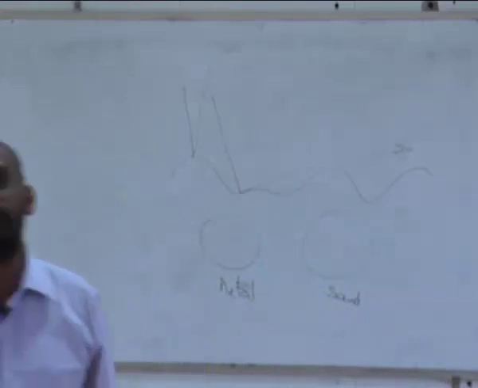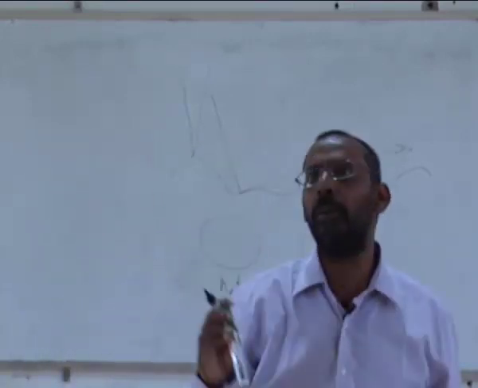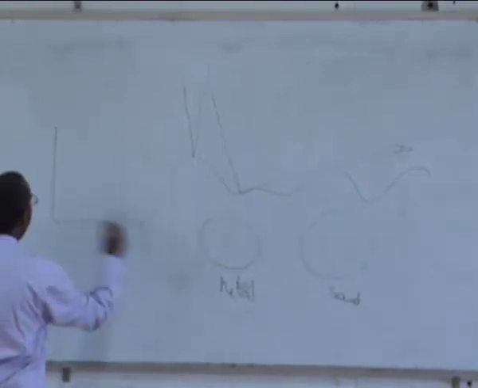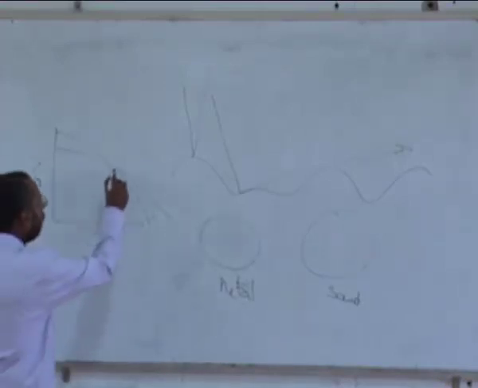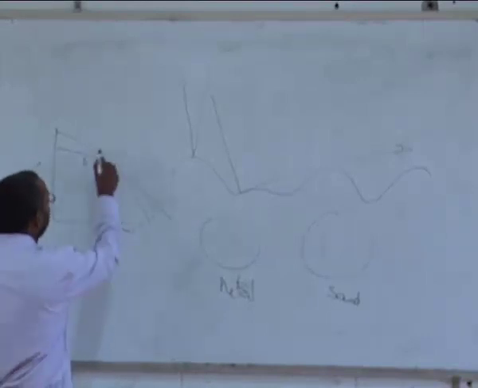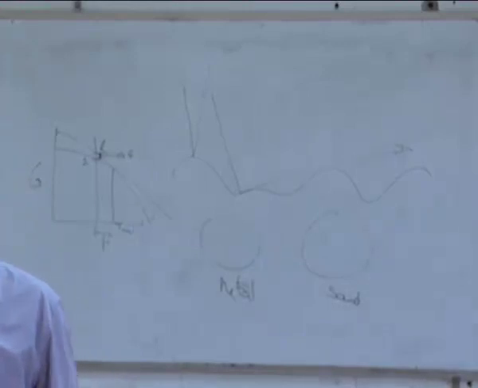And to achieve a driving force, you need to cool it below the melting point, so that at a temperature below the melting point, the solid has a lower free energy. If I plot the free energy versus temperature, you must have seen curves like this. Below the melting point, solid has a lower free energy than the liquid. And as a result, there is a driving force. This is what we call delta G. So I need to come below the melting point for the solidification to happen.